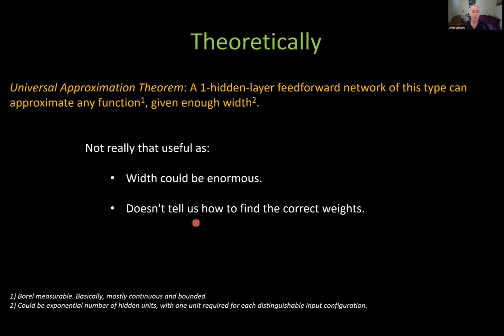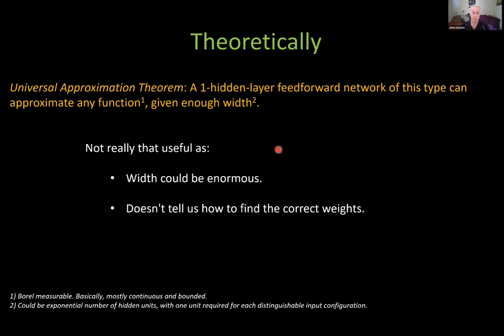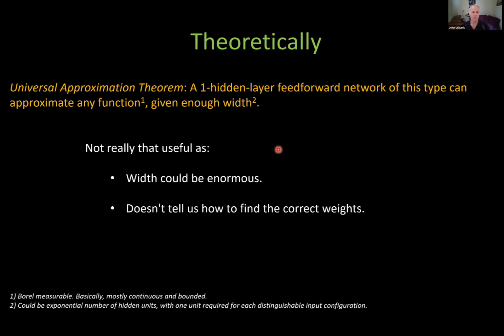Okay, now theoretically, what I've said is that these networks can do anything, right? Or I've suggested it at least, and now I'll theoretically tell you that's pretty much true. In theory, they can do anything. That's the universal approximation theorem. It tells us that even a one hidden layer network can do pretty much anything. The formal way of saying it is that it can approximate any function given enough width. And we can make the network have as many dimensions, as wide as we want it to be, as many neurons as we want. And saying you can approximate any function is a way of saying you can do anything,